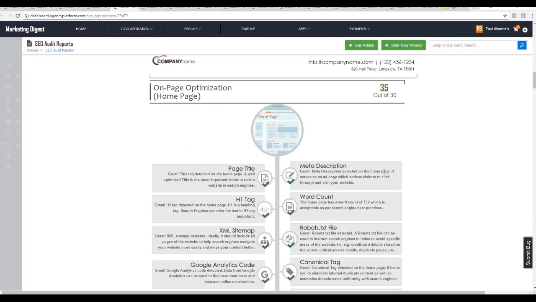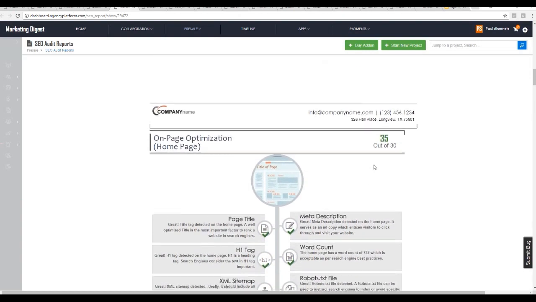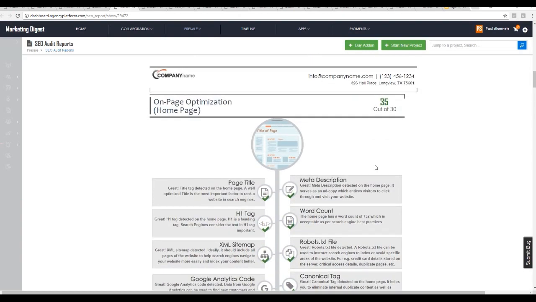and then dives into the on-page optimization. Now, on a technical breakdown for the client, you're probably not going to want to dive into this, but just having this information is good. If the lead were to come to your website and automatically have this report run for them and it arrives in their inbox, it's not a bad thing if there are portions of the report that they do not understand. And why? Well, because that's why they need to call you and get an explanation